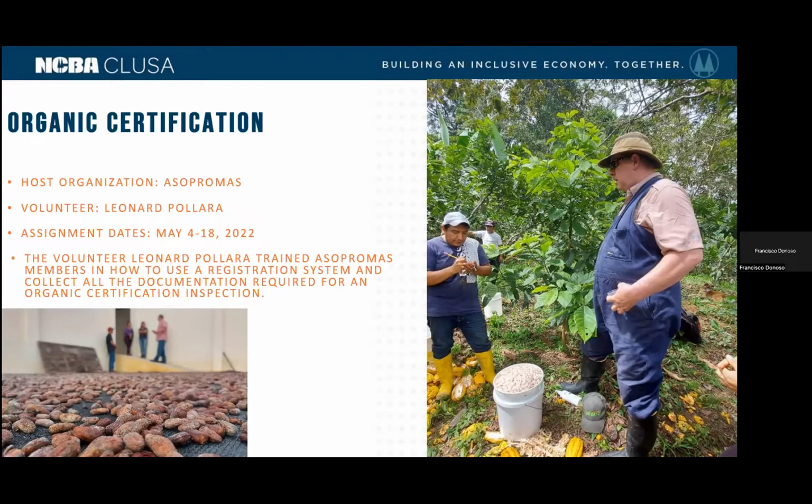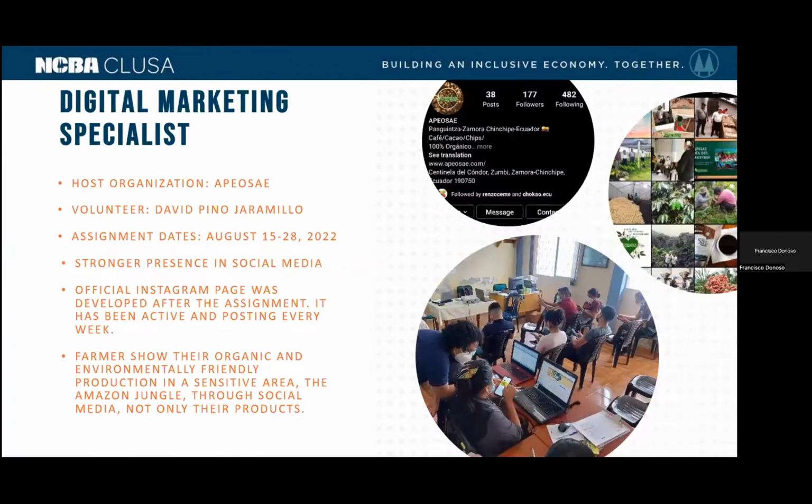So again, the idea is not only to collaborate directly with trainings that are focused on their environment, but we need to understand that we can also collaborate with other trainings that are related to the environment. So in this specific example, the organization is PROMAS, and we did a training on organic certification. But in this other one, POSI is the name of the organization. We focus on the digital marketing specialist, and how it relates to the environment is because